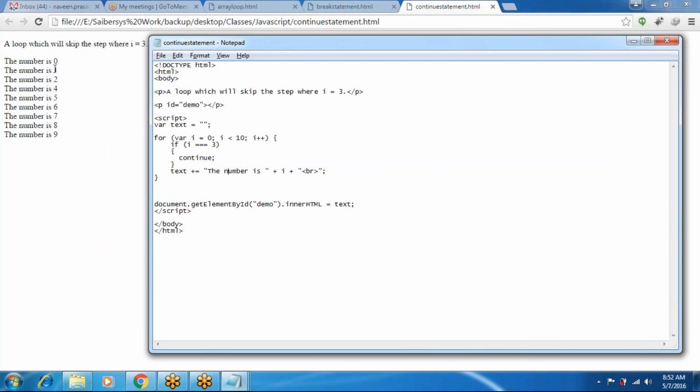Here 0 is displayed, 1 displayed, 2 displayed, 3 not displayed, and 4, 5, 6, 7 up to 9 are displayed. Where the continue statement is there, after 3 you can continue with the next statements also.